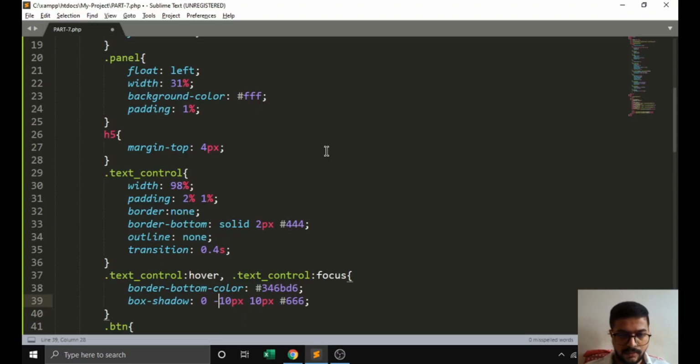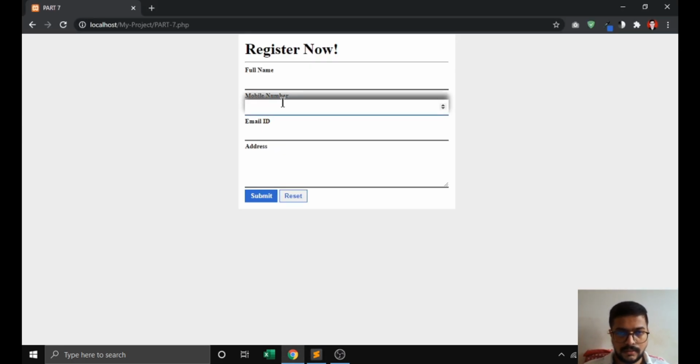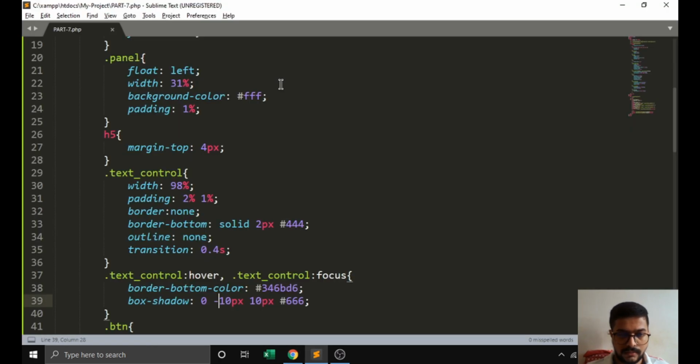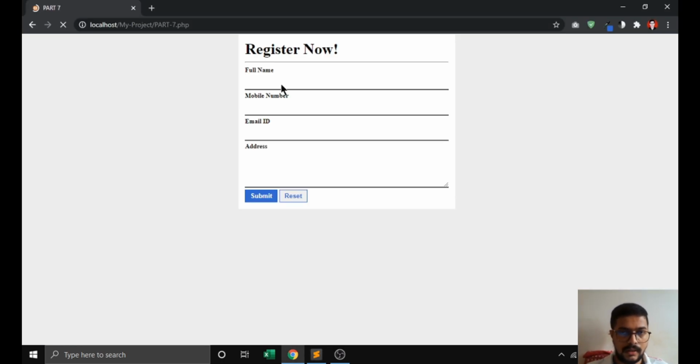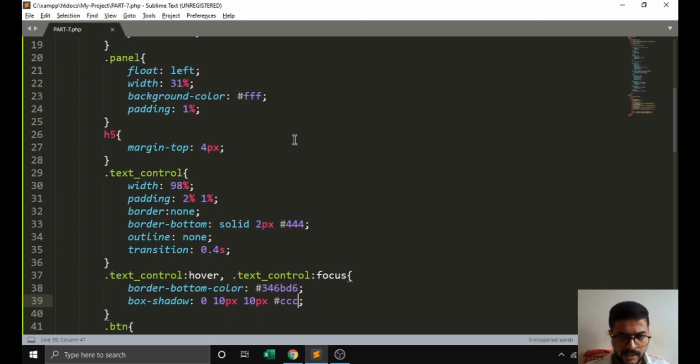And if I enter a negative value, then it goes to the top side. So we can adjust it by our requirements. We can combine colors, multiple things over here. We can create like this, it will look like this, and adjust it by our requirement.